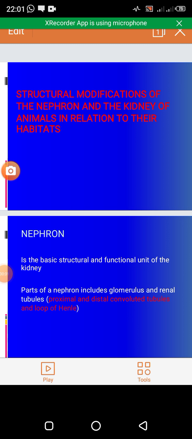Yes, viewers, welcome back. Today we are going to look at the structural modifications of the nephron and the kidney of the animals in relation to their habitats. First of all, we should be able to understand what a nephron is. This is the basic structural and functional unit of the kidney,